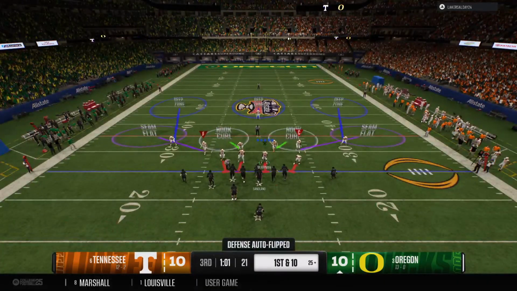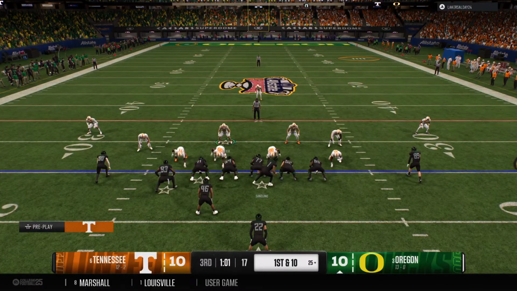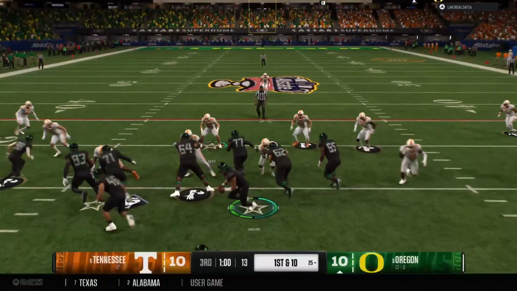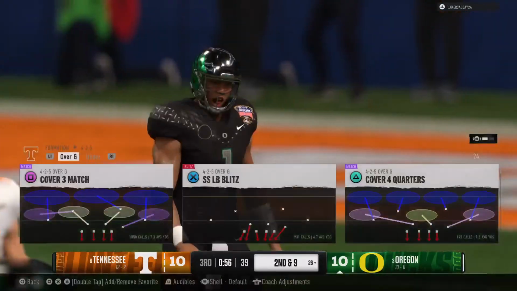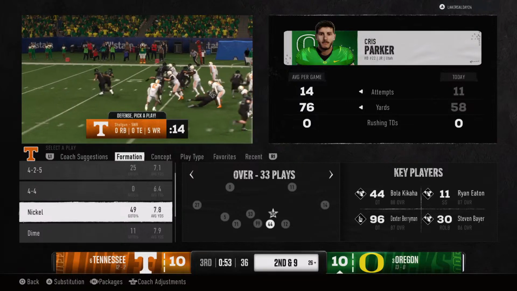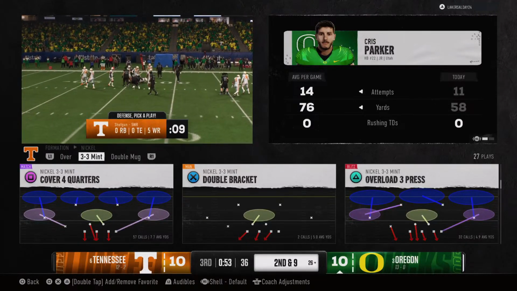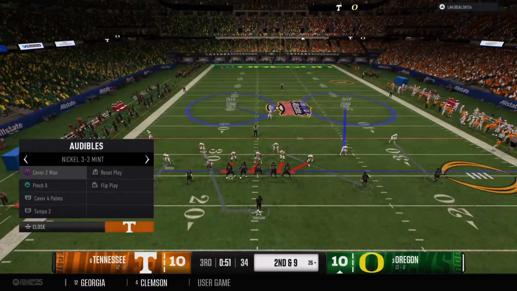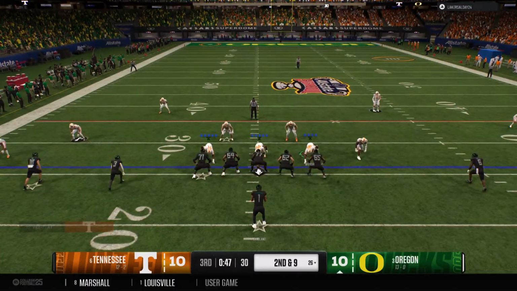And the powerful Ducks offense retakes the field. The last possession, they had to settle for a chip shot field goal. Can they find the end zone this time out? Using his legs, it's Parker. And just a short gain this time, they're able to get him down. Chris, the spread era over the years has always grown offensively, but I've always been impressed with the defenses that really build their defense to play in space, yet still have an ability to be sound at the line of scrimmage and defend a running game. It's exactly what we saw right there.